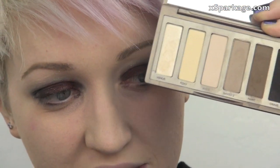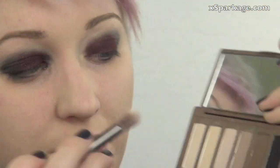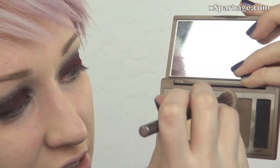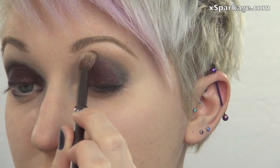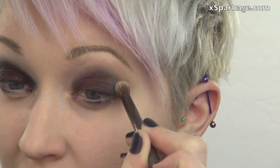Next thing I'm going to do is actually go to a different palette. This is the Naked Basics palette from Urban Decay. I'm going to take a blending brush and take Walk of Shame right here. Load that up on my brush with a little bit of Naked 2 actually. Probably more Naked 2 than Walk of Shame now that I think about it. And this color is just going to go around the edges of the black. What this does is it softens up the edges,